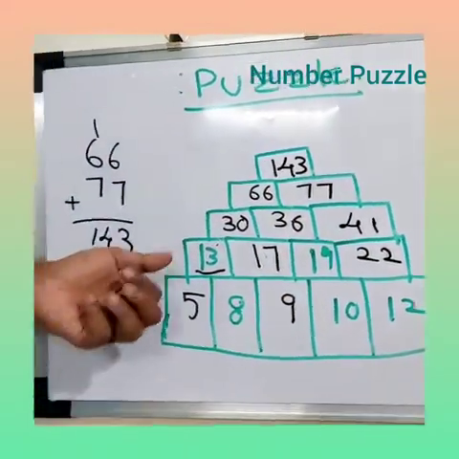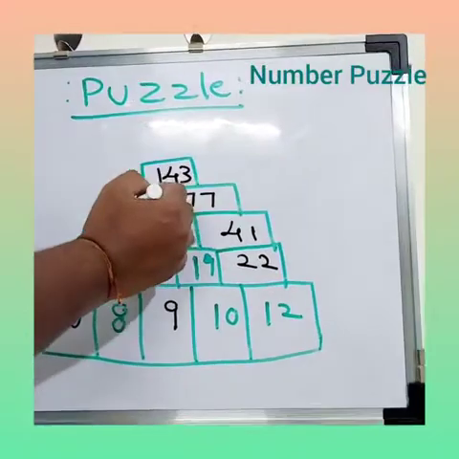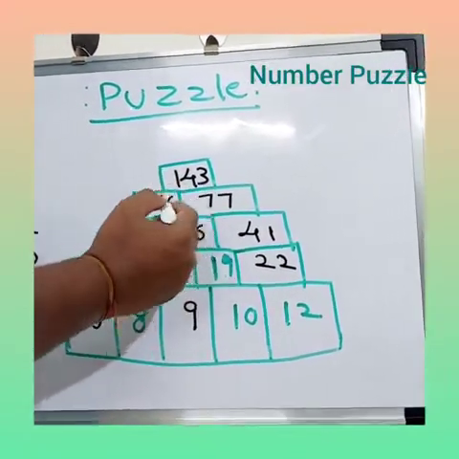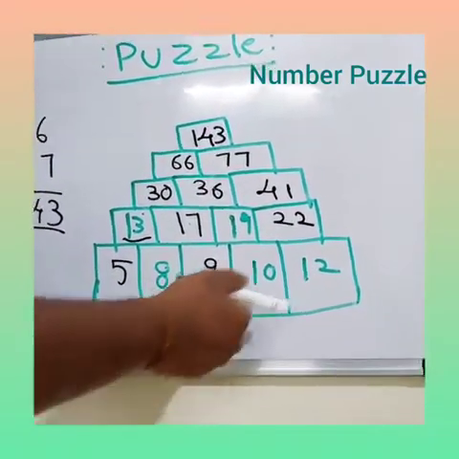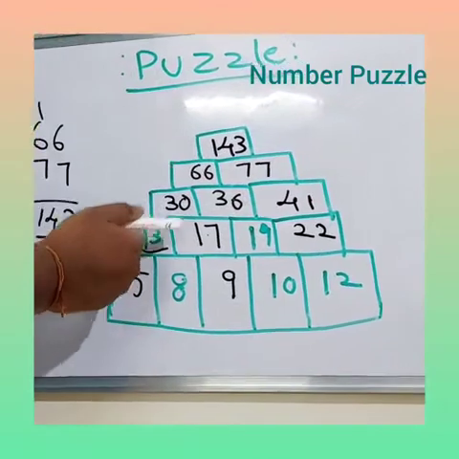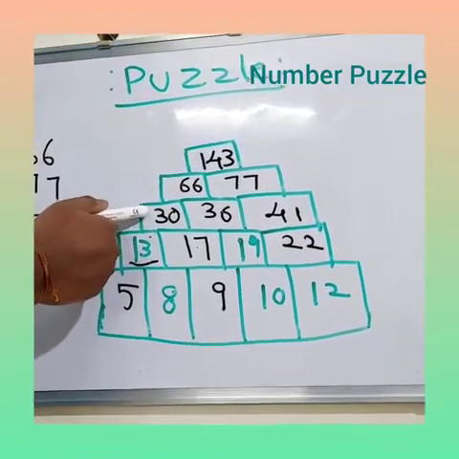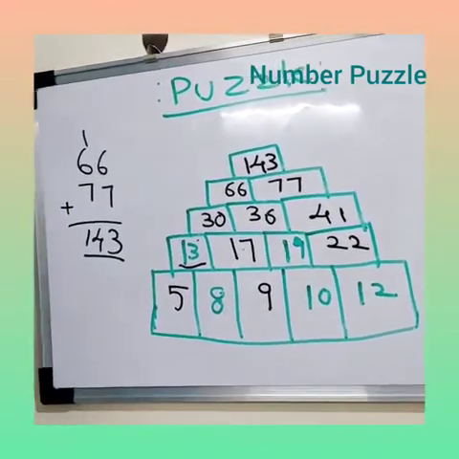So this is the logic you have to apply, because the condition was given that each block is opposite to the adjacent blocks, so its value should be the sum of the numbers below. In a similar way, you apply the logic from the base row, then you find this row, and you find the remaining numbers in this row, and this row, and finally this value. This is the way you can solve this problem.